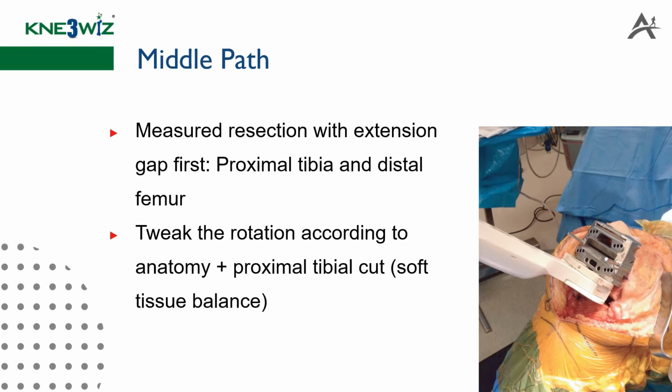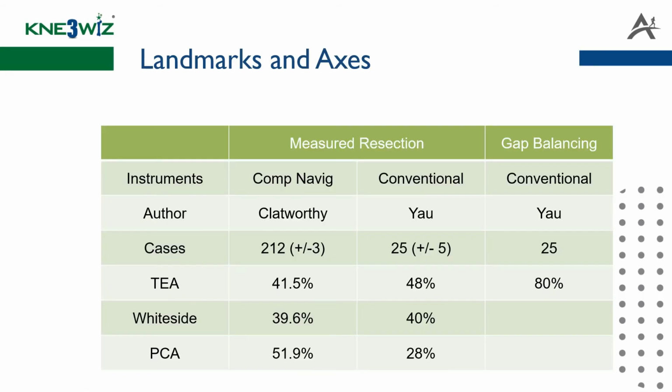Now, let us look at what the literature is pointing to. Measured resection in the axial plane relies on defining the anatomic landmarks and drawing the virtual axis per-operatively. Gap balancing relies on the fact that after achieving soft tissue correction, the soft tissue tension should guide to achieve the anatomic landmark precisely without having to find for it. So here we have three columns, two of them by the same authors. The bracket shows the margin of error which was accepted.